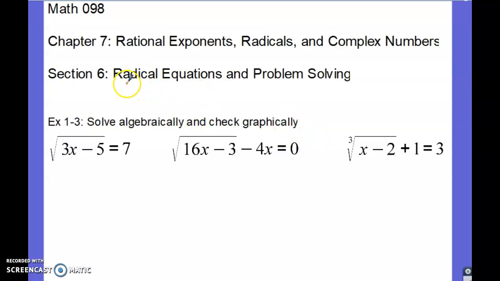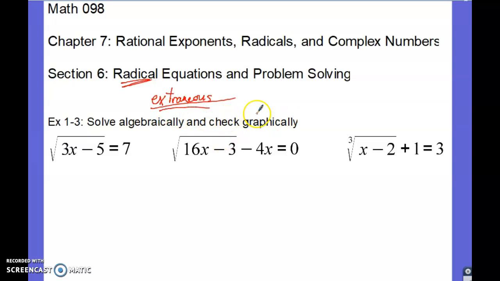All right, we're going to start doing some radical equations and problem solving. So still in chapter 7, just moving on. The main thing with this is to make sure that you check for extraneous solutions. Extraneous because sometimes we algebraically can find a solution, but when we plug it back into the equation, it does